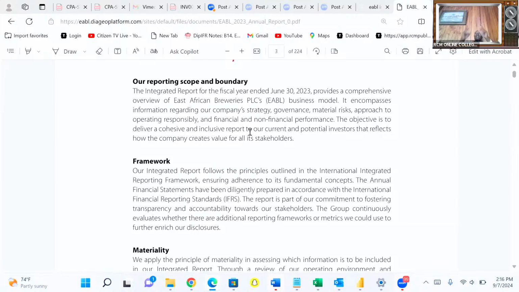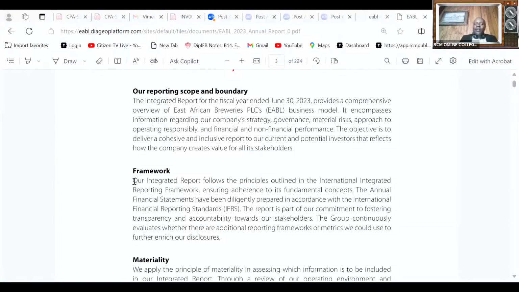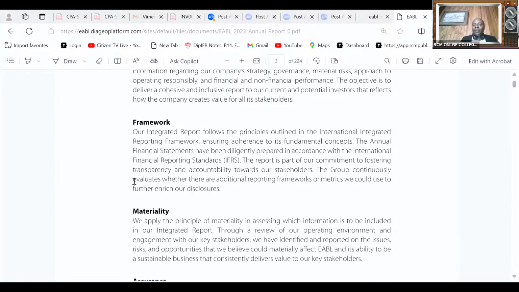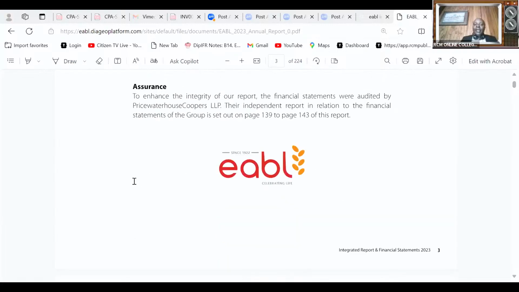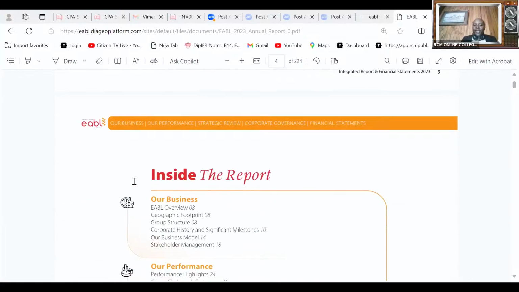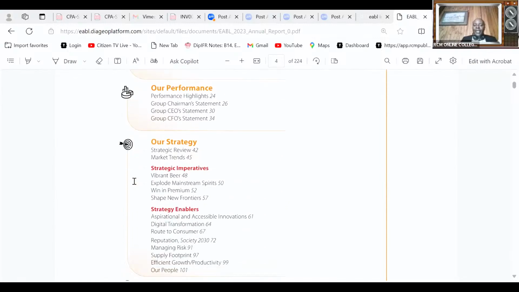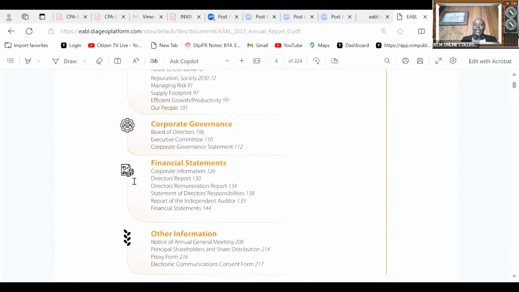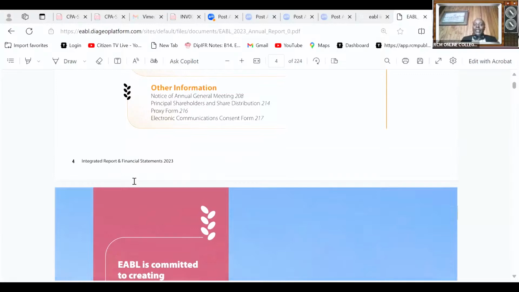Yes. So remember, ladies and gentlemen, that at the end of the day, whenever we talk about an integrated report, at the end of my 3 months of training you, my hope is that you should be able to prepare an integrated report. So I'll be able to show you what an integrated report means. Very, very important. So many great things here. But now the question is, where do we start?